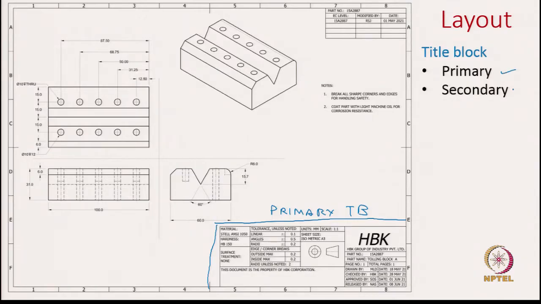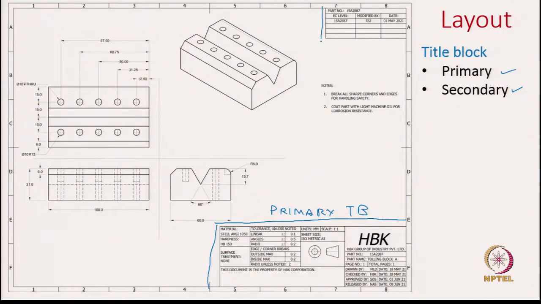So, after the primary title block, we also have this secondary title block. Let us say last year this object was designed and again this year we relook into it and modify this drawing. Even this information needs to go on the drawing sheet, because then we know the trail: what is the origin of this engineering drawing and what is the new version of it. We should also know who made it earlier and who modified it now. So, that information can go into this top right corner, where we can place the secondary title block.